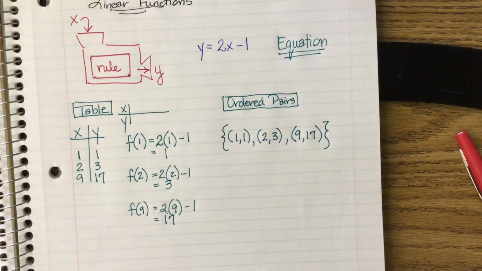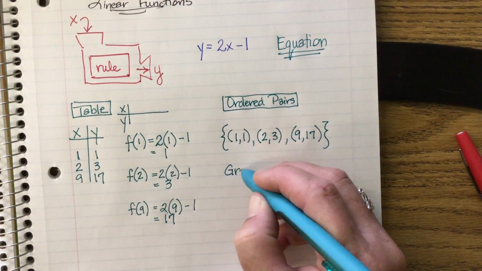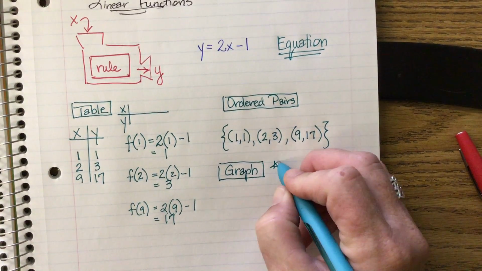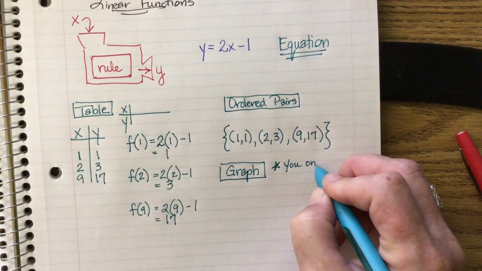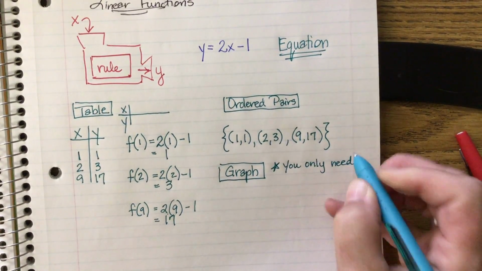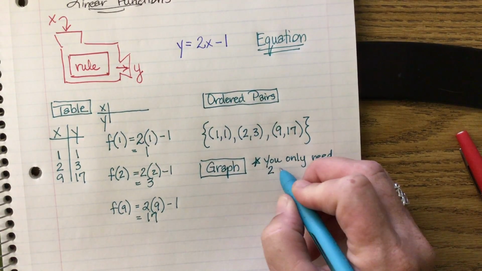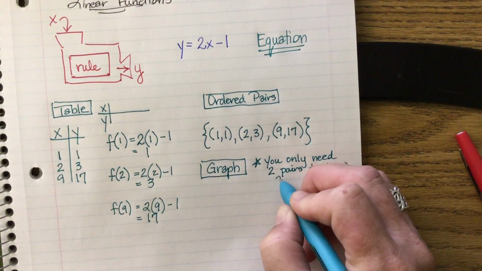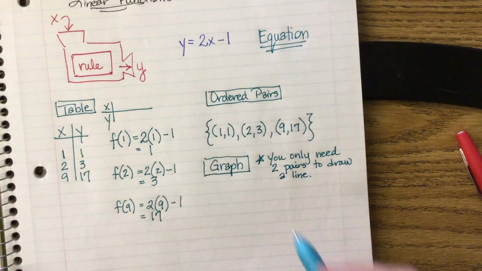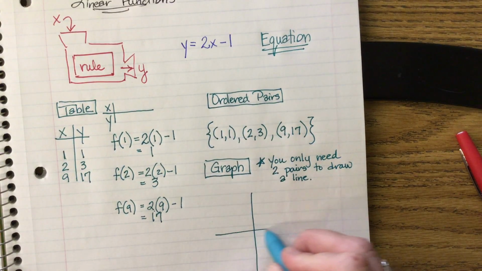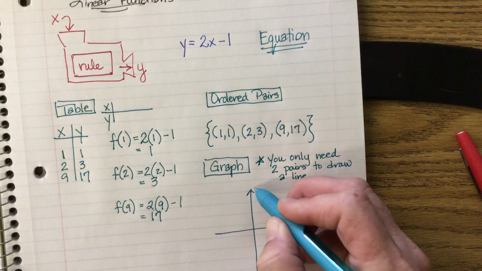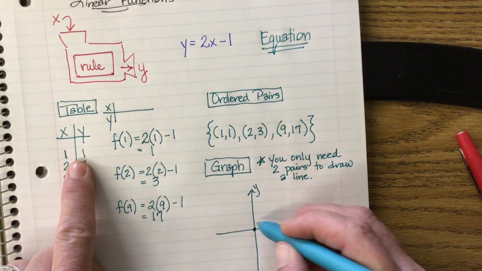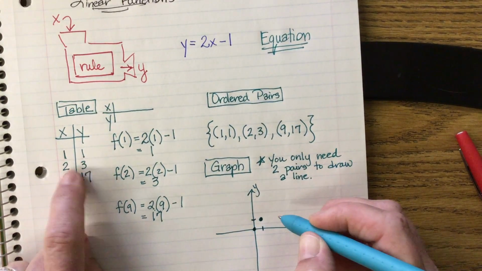Okay, and the last one is when we have a graph. Okay, and you only need 2 ordered pairs to draw a line. Okay, I have my x and I have my y. It's my origin. So I'm going to plot 1, 1. And then I have